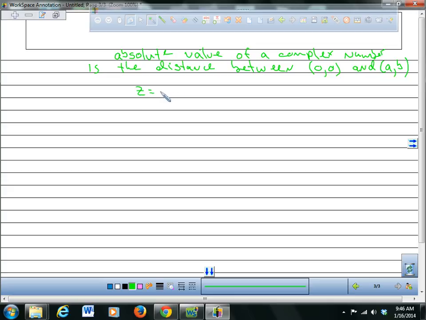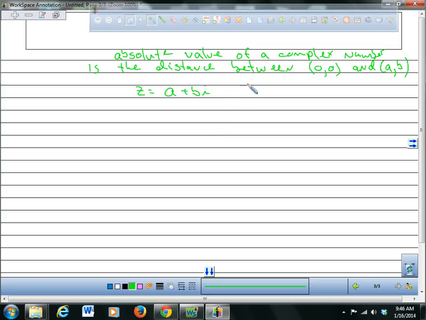So if z is a complex number in the form a plus bi, the absolute value is the distance between 0, 0 and a, b, and that can be written